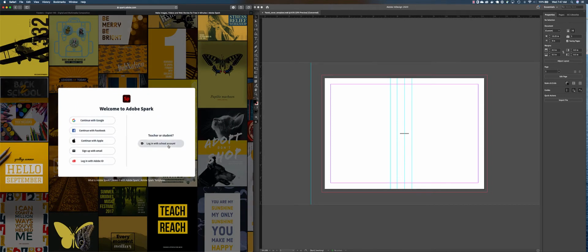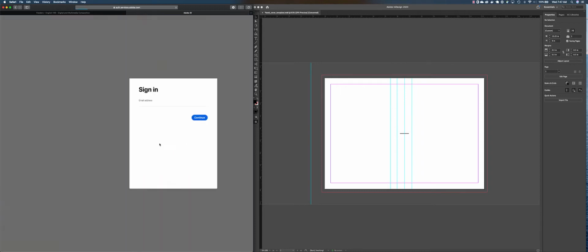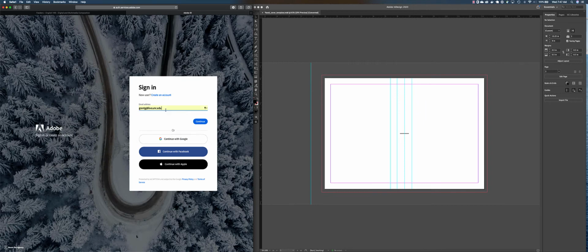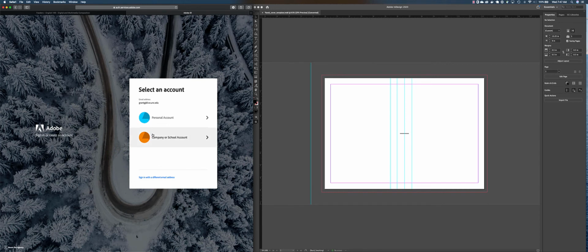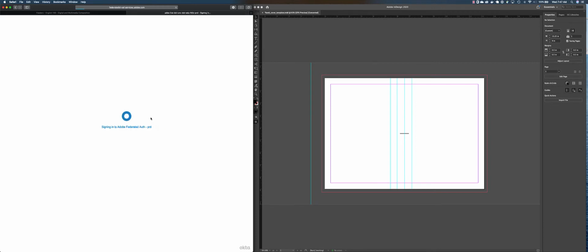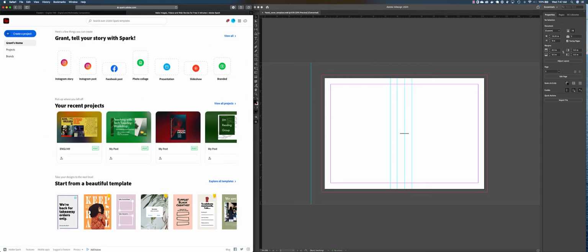So here's how you log into Adobe. We have a school account. I usually put just my email address, and it's going to say, oh okay, you're at unc.edu. It's a school account, right? And since I'm signed in, you'll see I designed the flyer for our class in here.